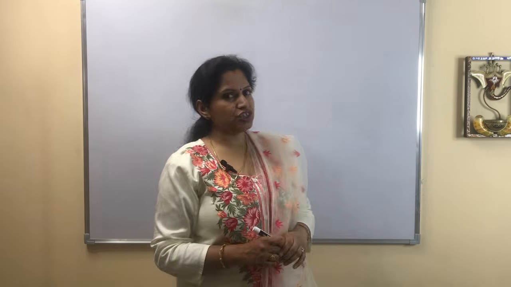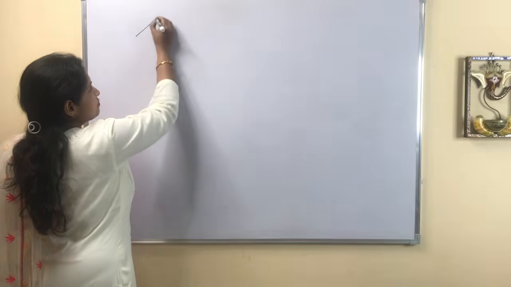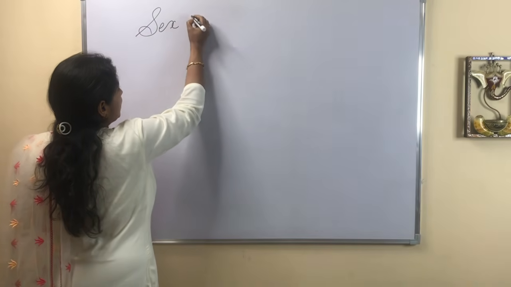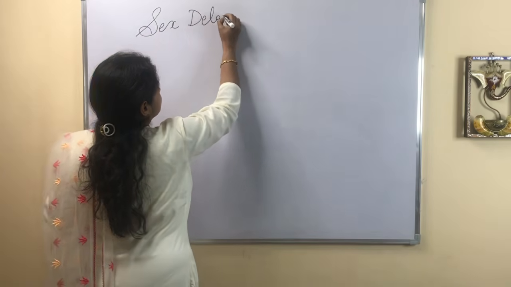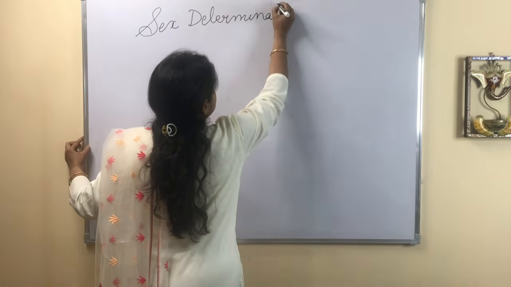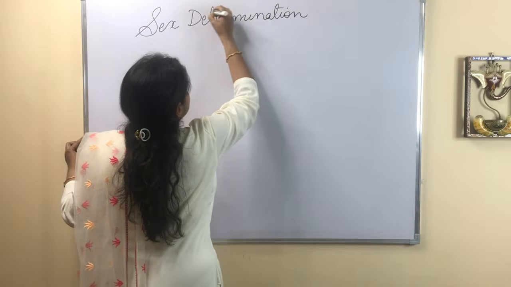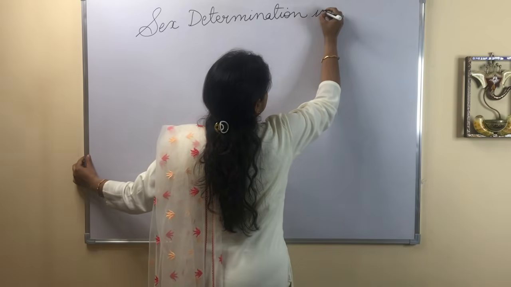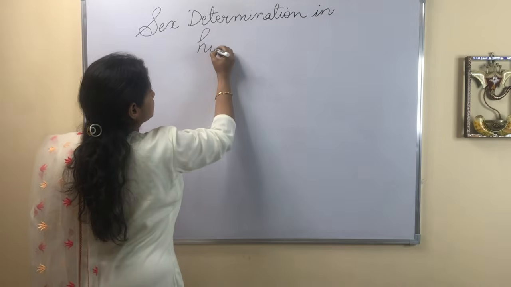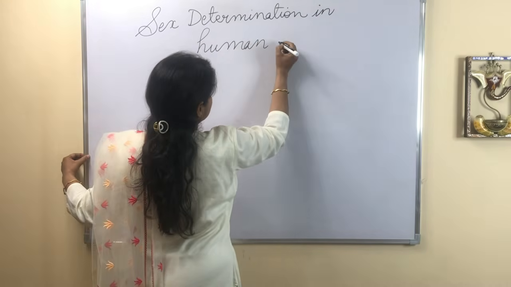इसमें सबसे ज्यादा इंपॉर्टेंट जो आने के चांसेस हैं दैट क्वेश्चन इज सेक्स डिटर्मिनेशन इन ह्यूमन बीइंग्स। सेक्स डिटर्मिनेशन इन ह्यूमन बीइंग्स एक बहुत ही फ्रीक्वेंटली आस्क्ड क्वेश्चन है। ये 3 मार्क्स के लिए पूछा जाता है।